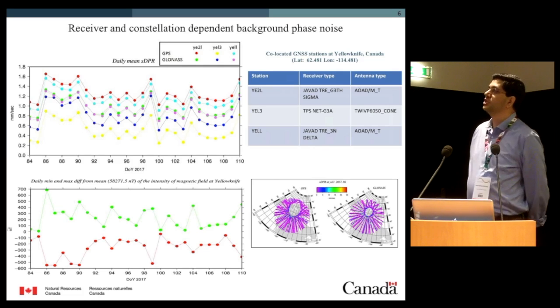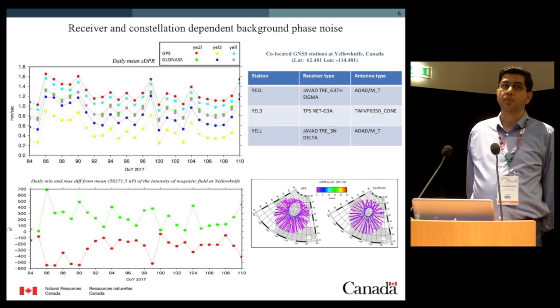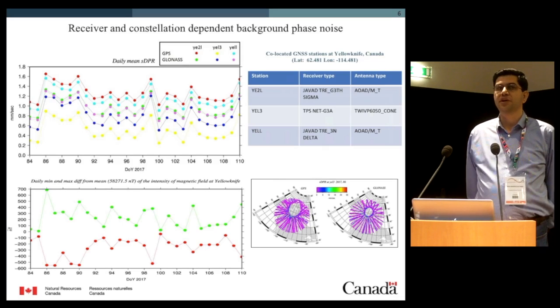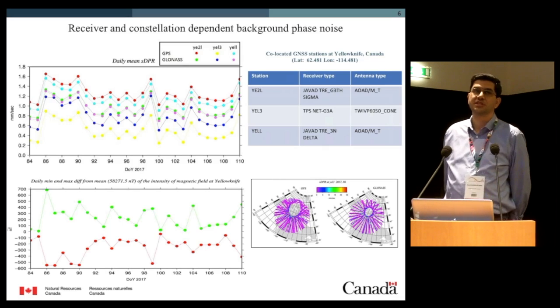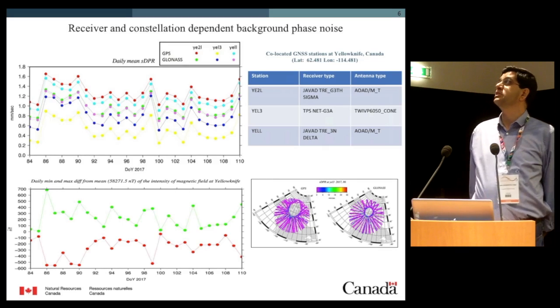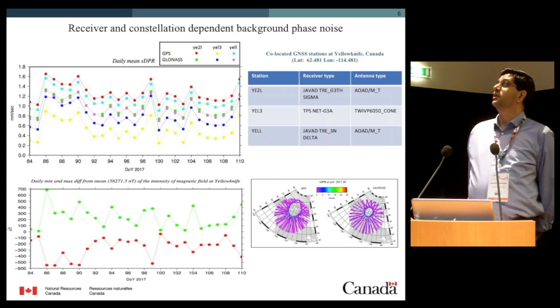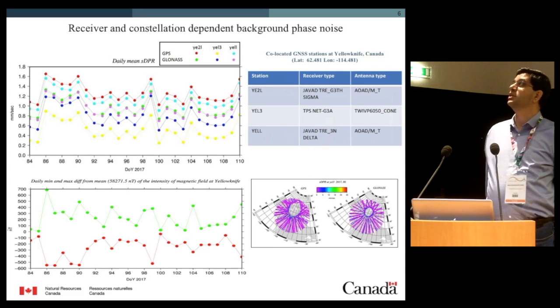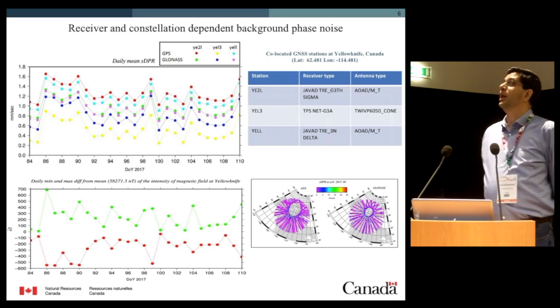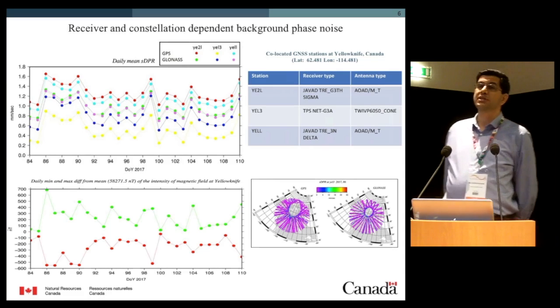There's a clear correlation between all types of receivers and all types of constellations, but we can see a clear bias between the same constellation with different receivers, or different constellations with the same receivers. As you can see, the yellow one, for instance, compared with the red one. The yellow one is YL3 GPS, the red one is YL2 GPS again, so the same constellation, the same